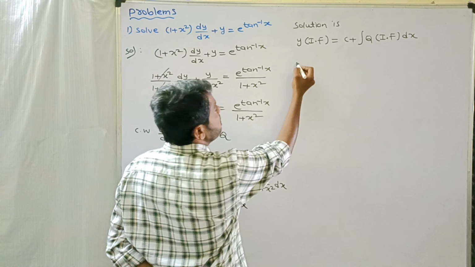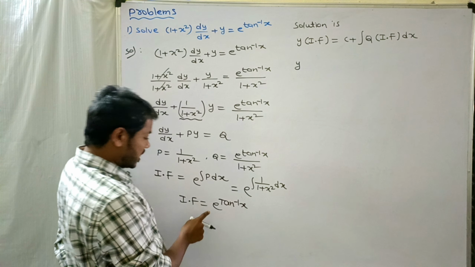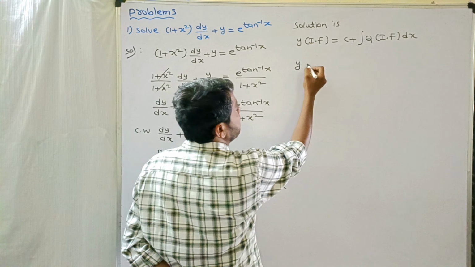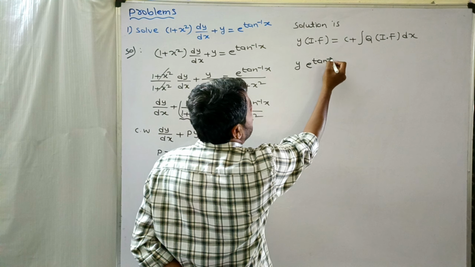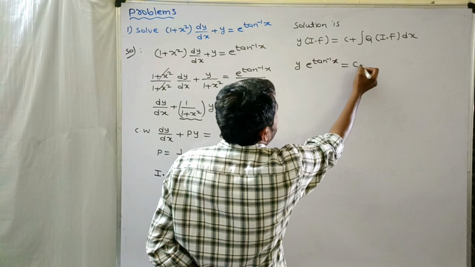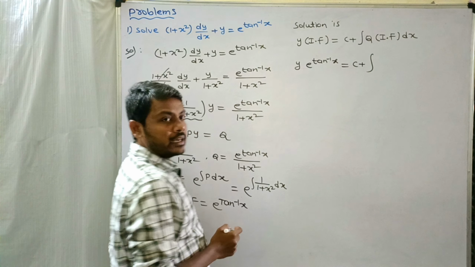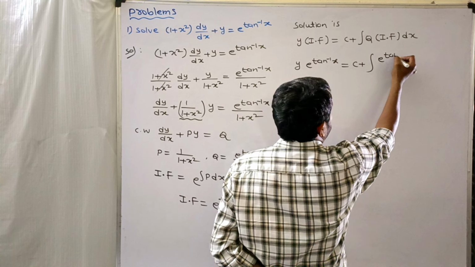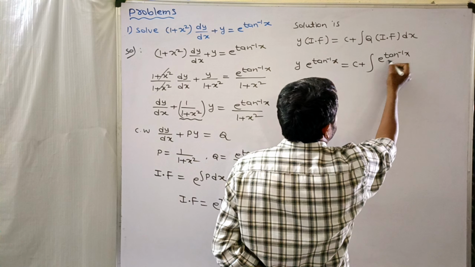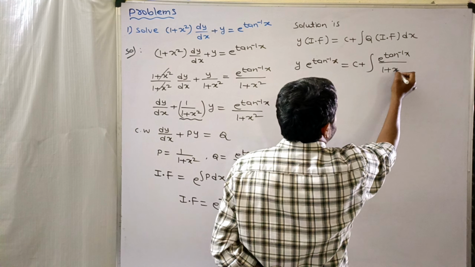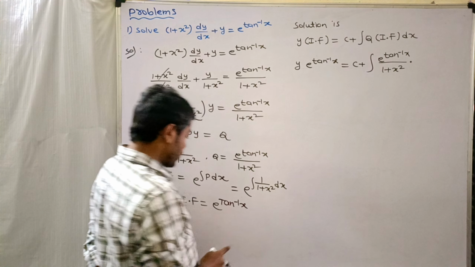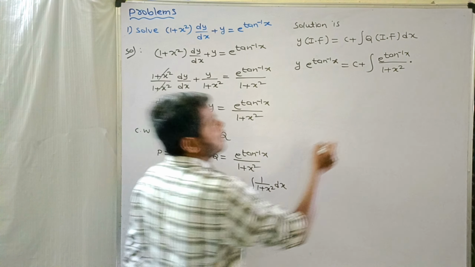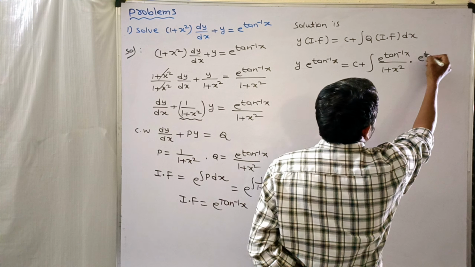So y times e^(tan⁻¹x) equals c plus the integral of Q, e^(tan⁻¹x)/(1 + x²), times the integrating factor e^(tan⁻¹x)